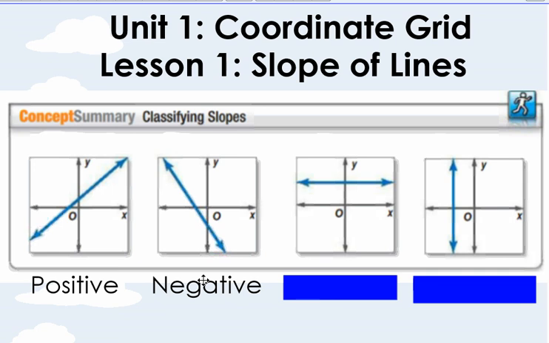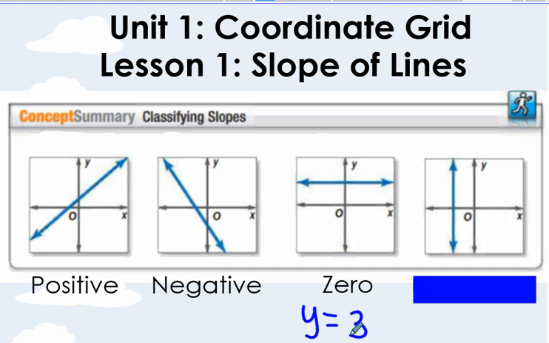The next one is known as our zero slope. Okay, zero slopes are horizontal lines, and this is when y is equaling some number, right? In this case, y is probably 3, right? When y is a value, because all the y values are the same. And if you learned last year, this would have been